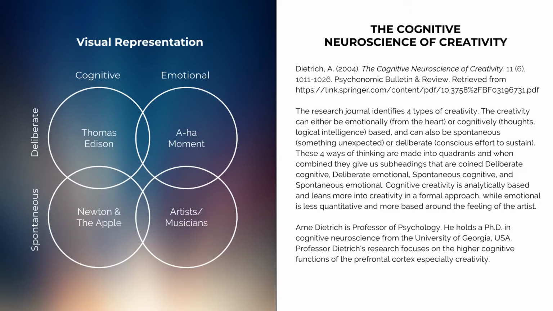As you see on your screen right here, these are almost broken down the middle, so cognitive and emotional are different than spontaneous and deliberate, but they work together to determine how you think about something and how you're creative. When you line them up as if in a chart, you get the results of how people are creative. For example, cognitive deliberate is the case of Thomas Edison, who put great thought and detail into his work. Or cognitive spontaneous is like Newton and the apple. There was thought to that creativity, but it happened out of nowhere.